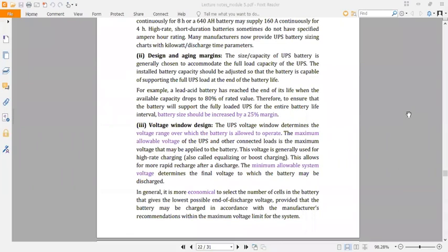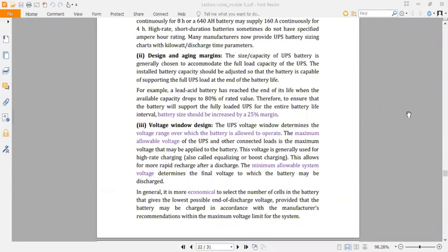एक थोड़ा सा एडिशनल मार्जिन कंसिडर करना पड़ता है। अगर 1 किलोवाट लोड के लिए हम लोग बैटरी सेलेक्ट कर रहे हैं तो उसके लिए कैलकुलेशन पर जो हमारा बैटरी का साइज आएगा, वो 20-25% हायर कैपेसिटी की बैटरी